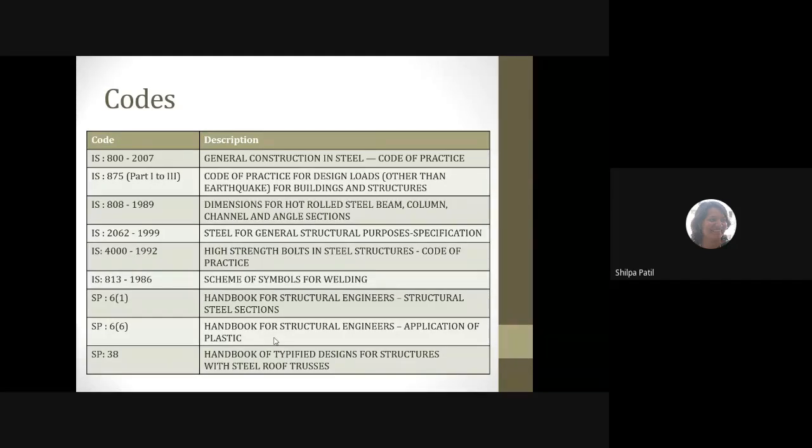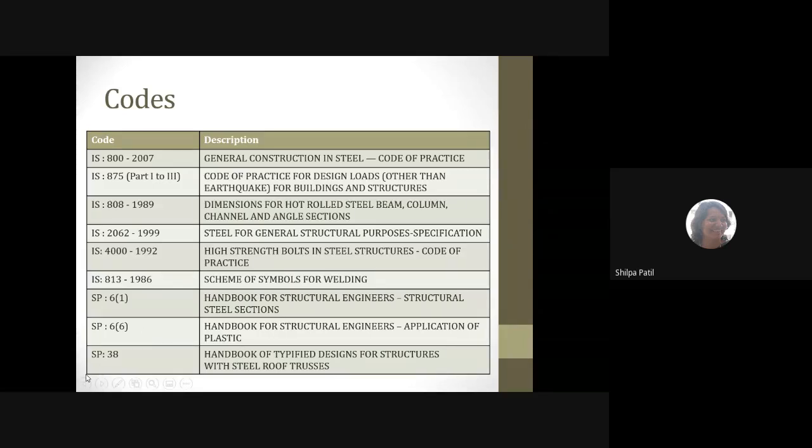The analysis you have learned in MOS 1 and MOS 2 is elastic analysis, by assuming that the steel obeys Hooke's law, and within the elastic range only we can do the analysis. That is your elastic analysis. But when steel goes beyond its elastic limit and enters the plastic limit, how the steel behaves, and its other behavioral aspects, you can find out in plastic analysis, or how to analyze the structure when steel is in plastic state. So all these you can find out in SP66.